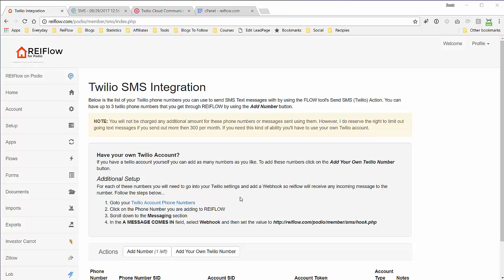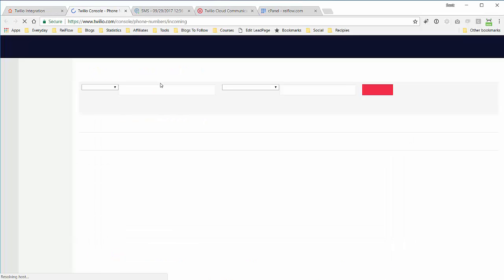So the last thing you have to do after adding the number is go into your Twilio account and tell Twilio where to send a notification that a new message has been received from the seller. And to do that, you can click here to go to your Twilio account phone number area,